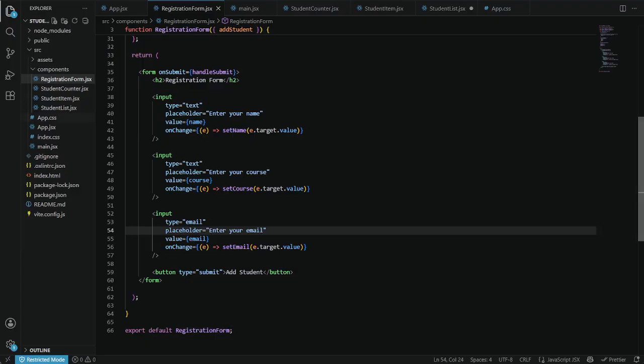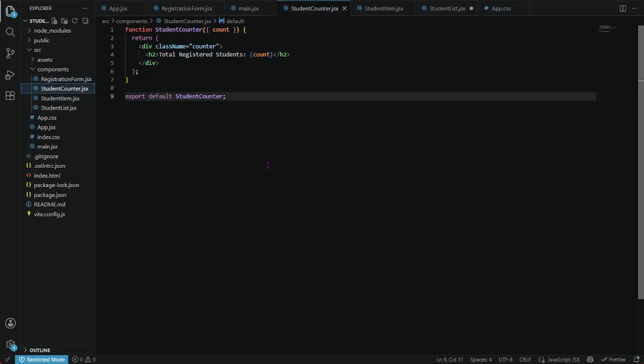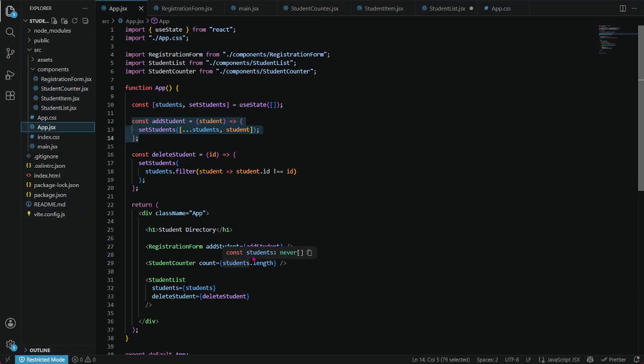And then export default registration form. And then another component is the student counter. The student counter is a function student counter count. This creates the student counter component, and it receives count as a prop from app.